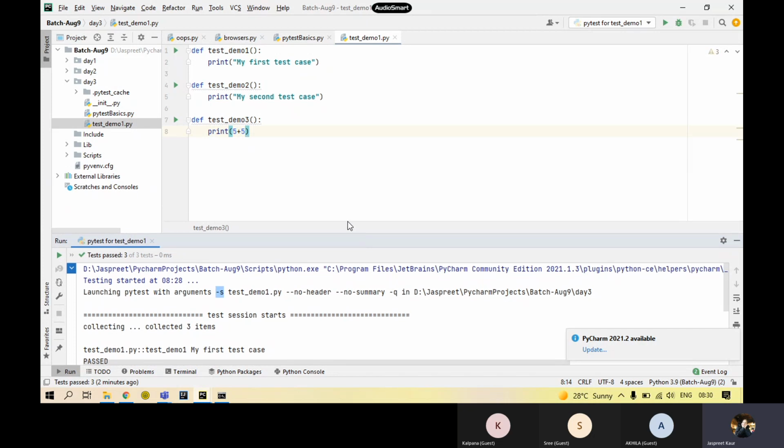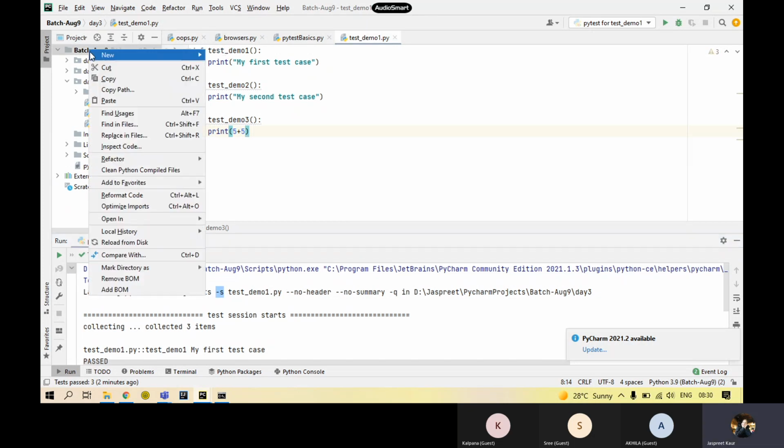Now this is one way you can run the test cases. You can run the same test cases from your command prompt as well, because it's not always possible that you have the same ID, the same version, the same configurations. So you can do the same thing from the command prompt as well. What you just need is to know the location where your file is live.